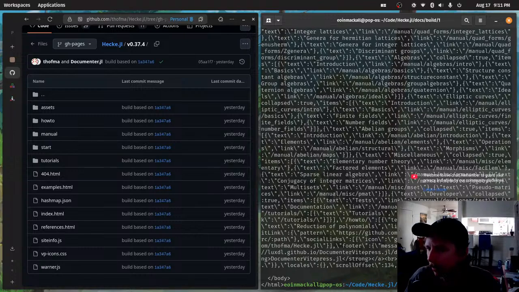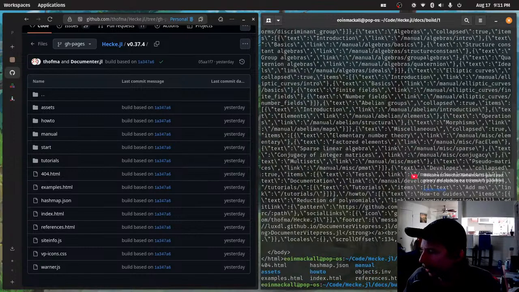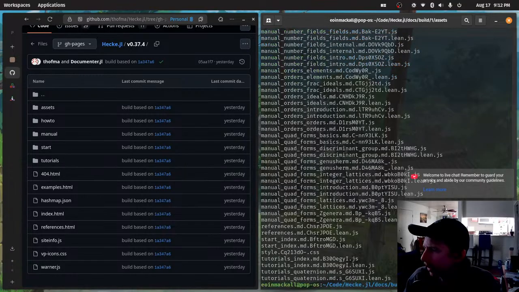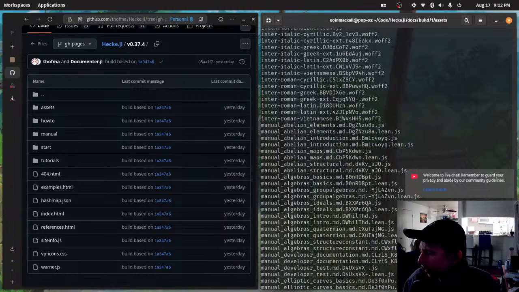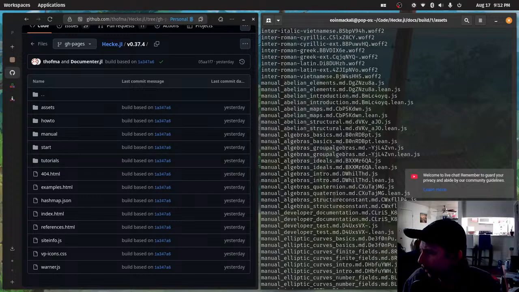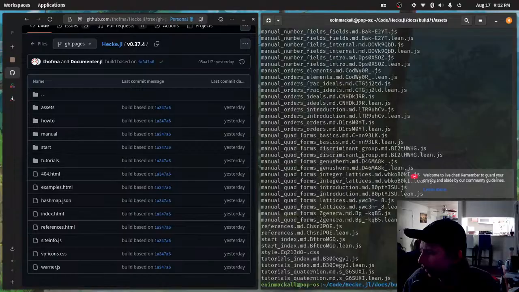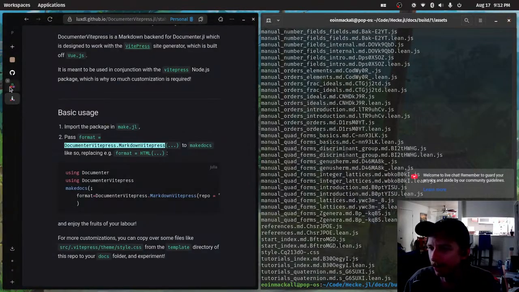Okay. Damn it. So I wanted to see assets. And then, so how are assets generated in